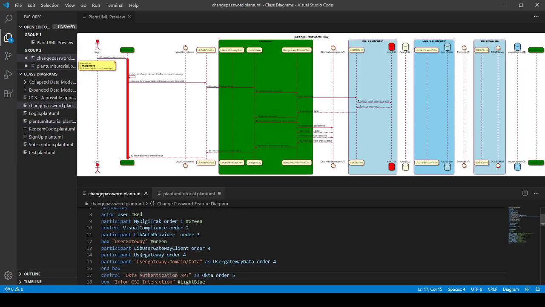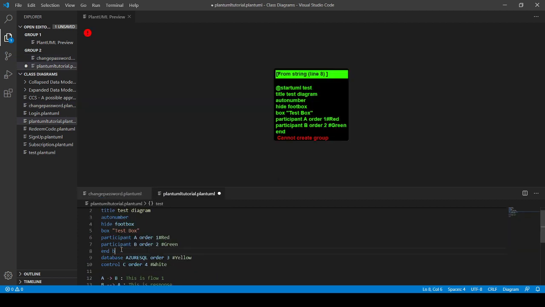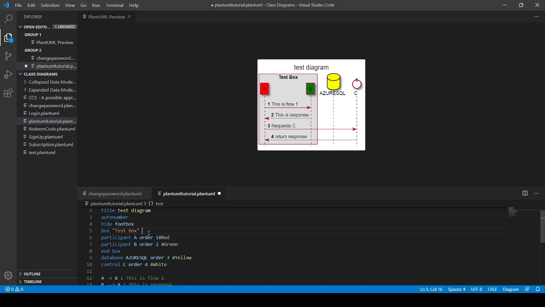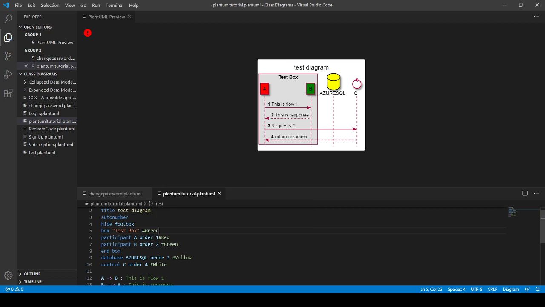For the box we need to write end box. So you can see the test box contains components A and B, and I can also define the background color for this box, likewise hash green. Now you can see the background is green for this box.